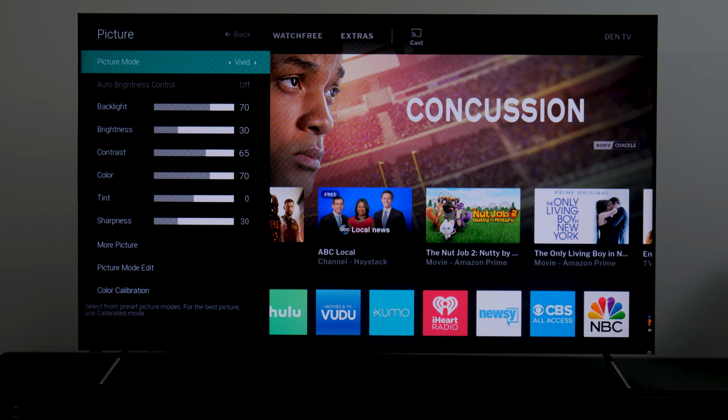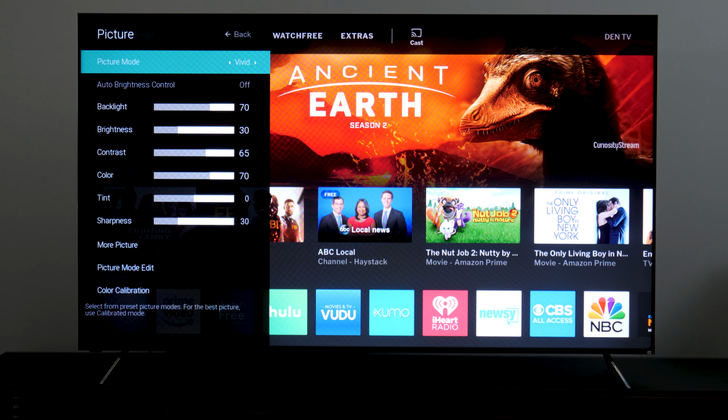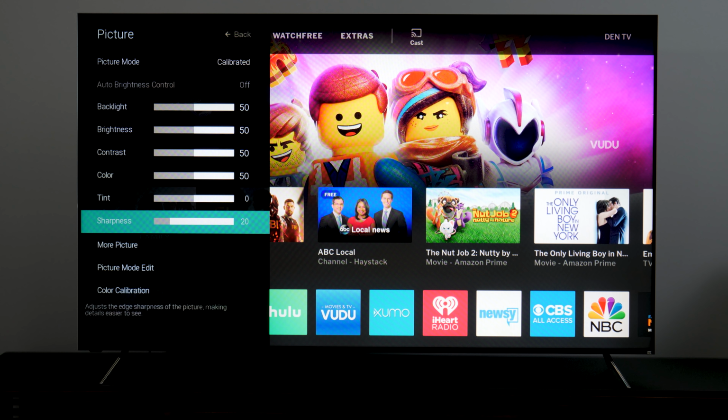Vivid is also extremely bright and that comes with auto brightness control off by default. And you can see how it just leaps to life. Of course, I would never select either one of those picture modes. If we go back to our calibrated mode and we thumb through the settings, most of this stuff is par